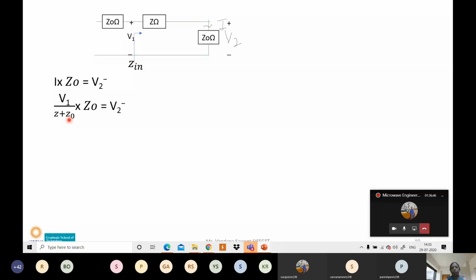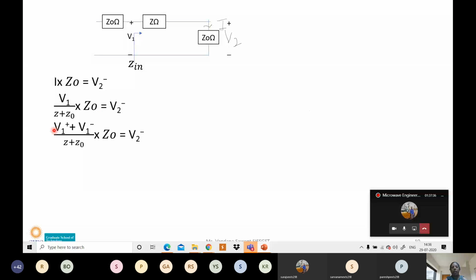V1 is the combination of the input signal at port 1, that is V1 plus. Similarly, if we are inputting the signal at port 1, there may be some mismatch of the impedances at the input end wherever we are connecting the wires. So if there is a small mismatch of impedance, then there will also be back reflections at port 1. So this V1 will actually be the combination of V1 plus and V1 minus. So we can replace this V1 by V1 plus plus V1 minus. Okay, what is this V1 plus? V1 plus is the actual incident signal.